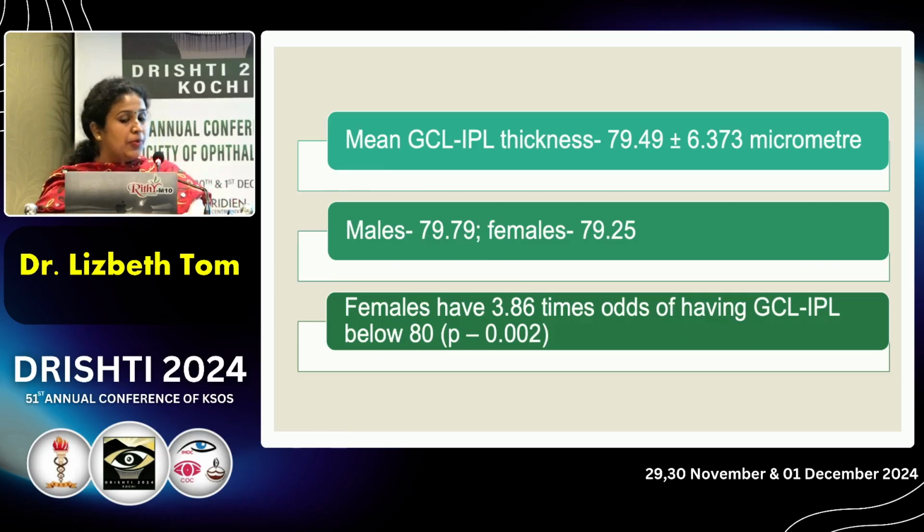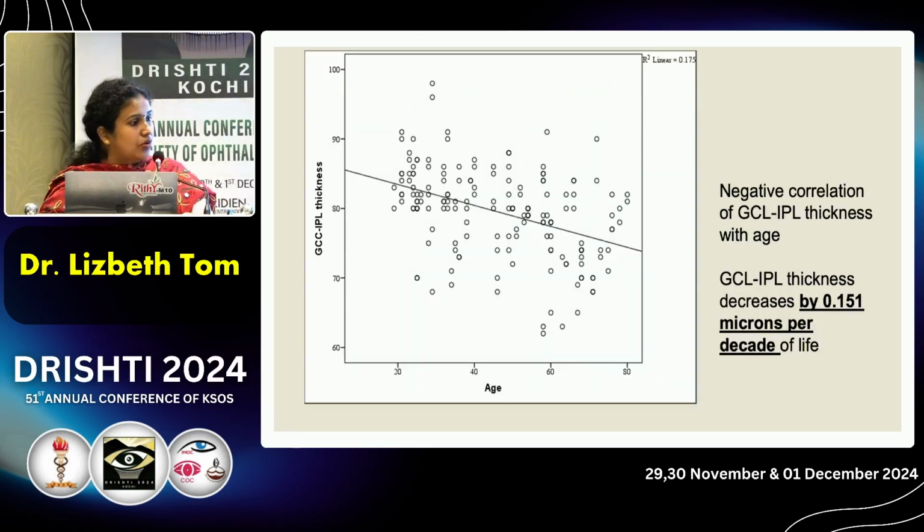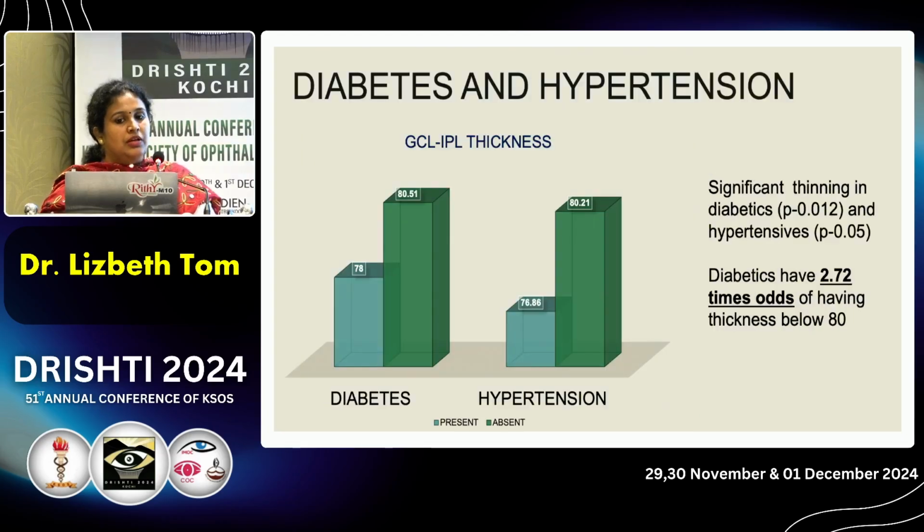Females had 3.86 times odds of having GCL IPL thickness below 80. GCL IPL thickness was found to be significantly decreasing with age, with patients above 47.5 years having 13.5 times odds of having GCL IPL thickness less than 80. And a negative correlation was noted between GCL IPL thickness and age, with a decrease of 0.151 micron per decade of life. Significant thinning was seen in diabetics and hypertensives, and diabetics had 2.72 times odds of having GCL IPL thickness